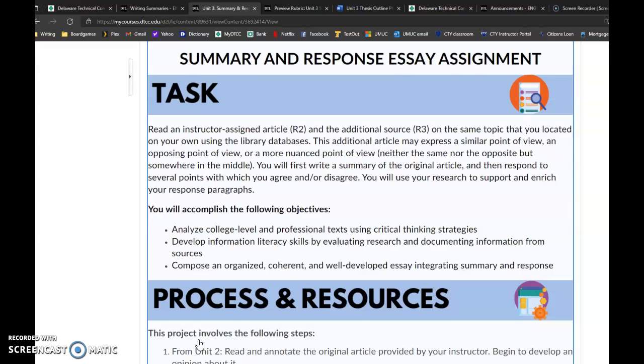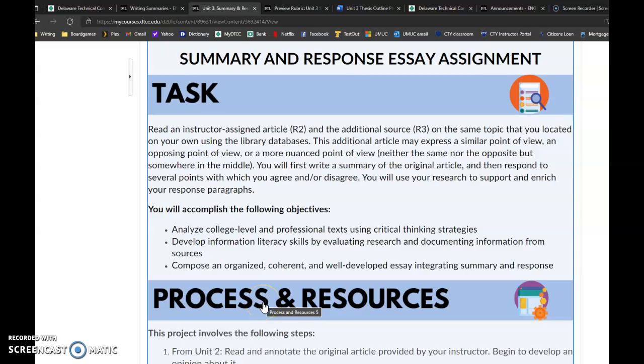As opposed to that, in this essay, the summary response essay, you're going to be focusing more on the rhetorical elements, meaning the construction of the essay. Is it effective? Is the evidence effective? Is the tone effective? Was it well constructed? Did it meet its purpose of either informing or entertaining or persuading? So that's going to be your focus in this essay. You're going to basically be summarizing and responding to whichever of those three articles that you chose.